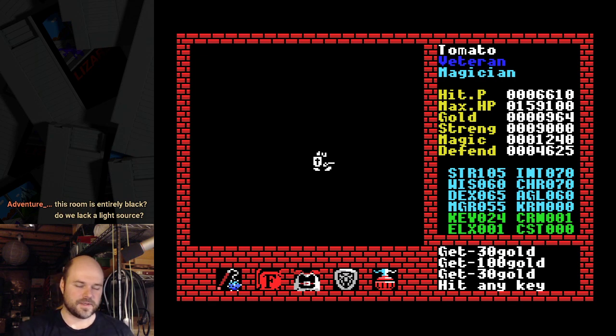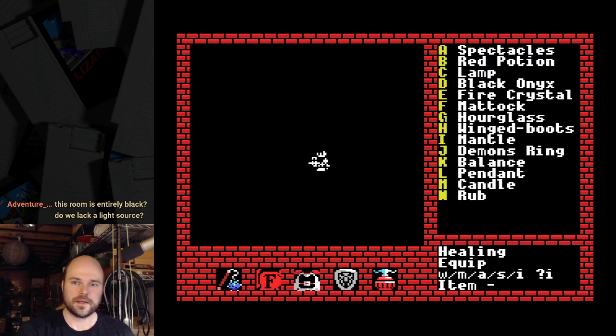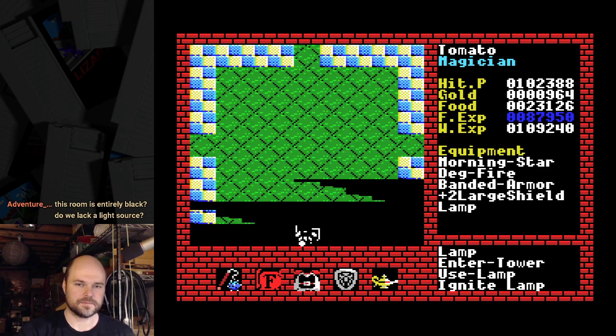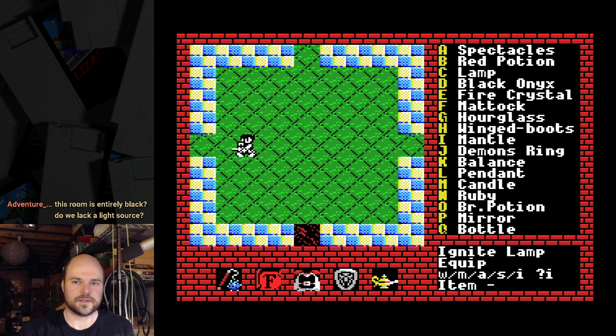Oh, I do have a light source. It's just I'm writing down some notes first. So I'm going to heal, and then I'm going to equip a lamp. But I'm actually going to leave and re-enter just to save after entering the first room. So the lamp lights it up. It's a single use. You get quite a lot of lamps in this game, so...